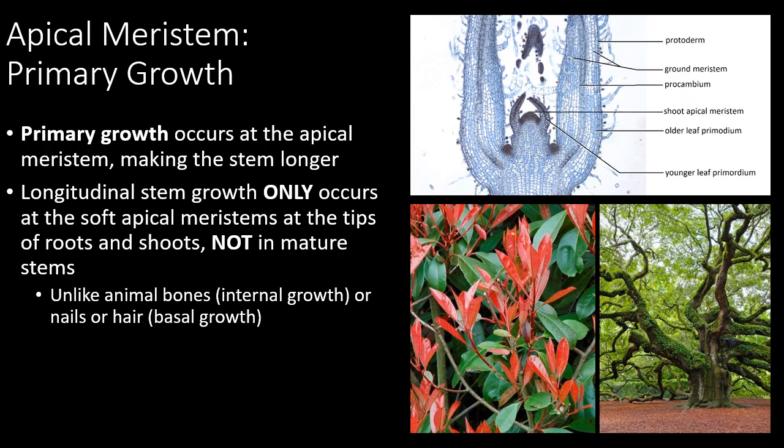Only the tips grow. So when we look at this red tip Photinia, Photinia x fraseri is the Latin name if you're curious, you can see that the older woody stems are kind of green, and then the new shoots are red, and that's where we have active growth. Once those shoots harden up, they will not continue to elongate anymore. It'll require the production of a new burst of growth from the tip of the stem in order for that branch to continue growing. Or if we look at this huge old oak tree on the bottom right corner,